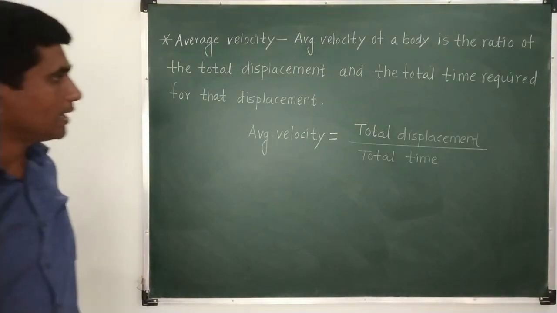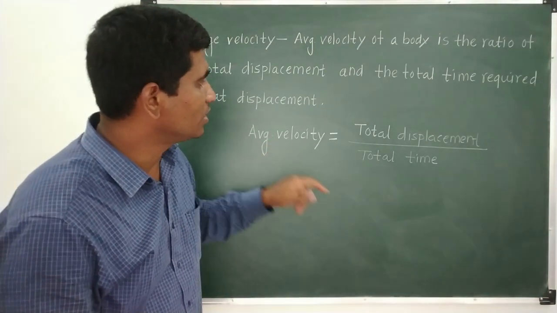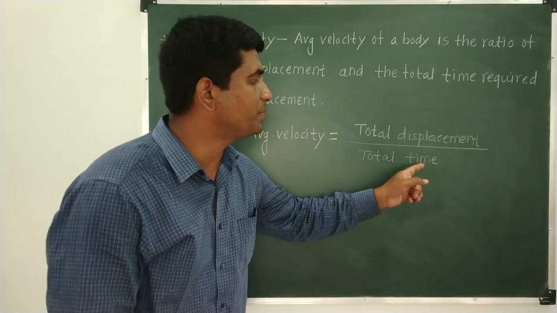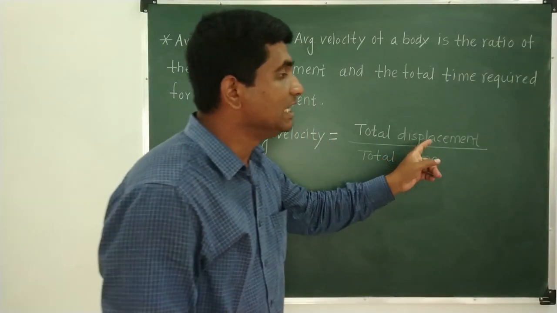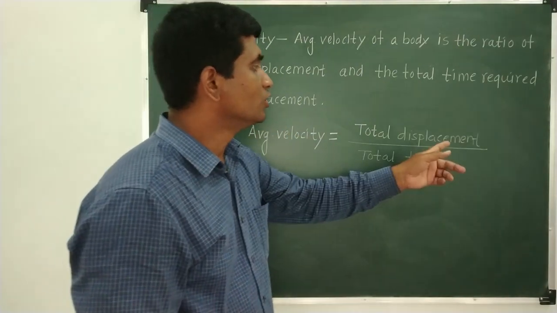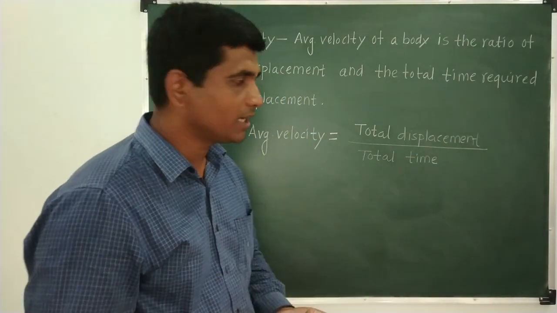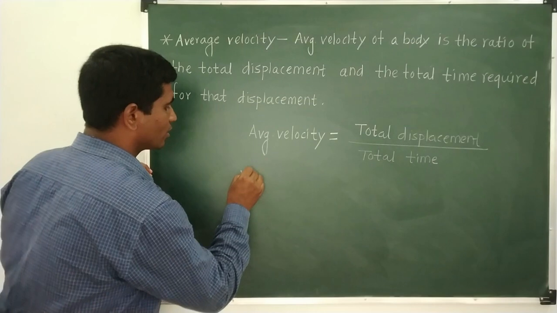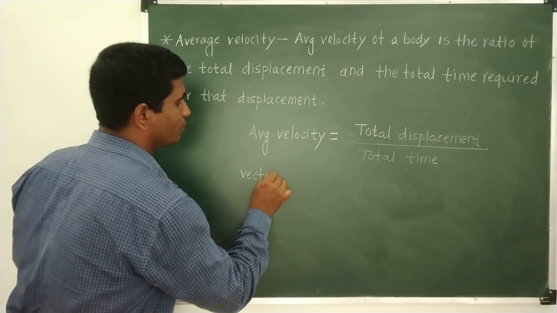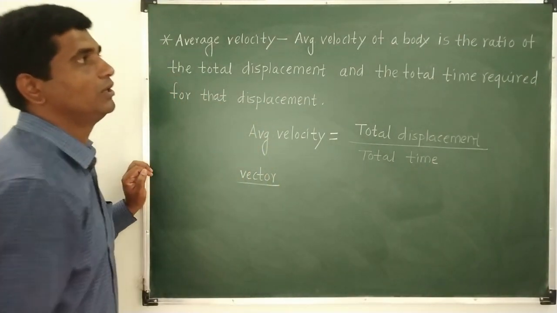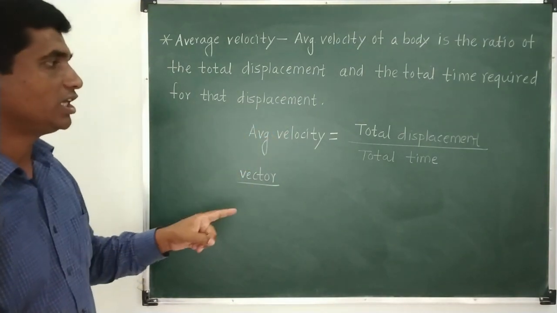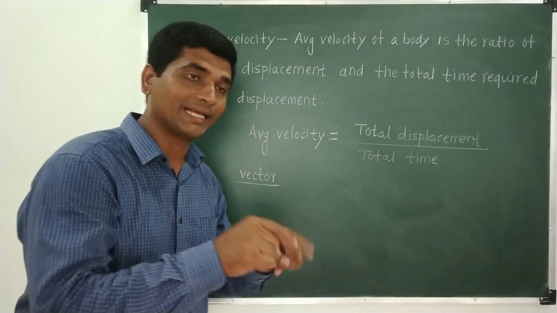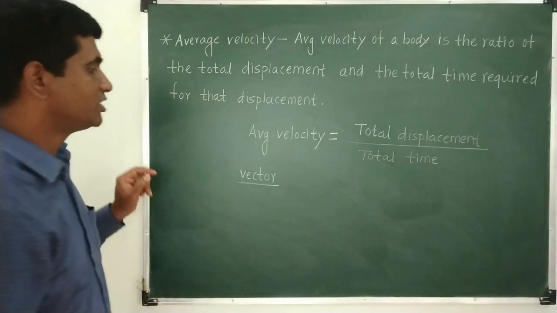So average velocity is the ratio of displacement and time. And in our earlier definition, we have discussed that displacement is a vector quantity. So one vector divided by a scalar number is again a vector quantity. So average velocity is a vector quantity. Remember this always. Average velocity is a vector quantity, so it has a magnitude as well as the direction. And its unit,